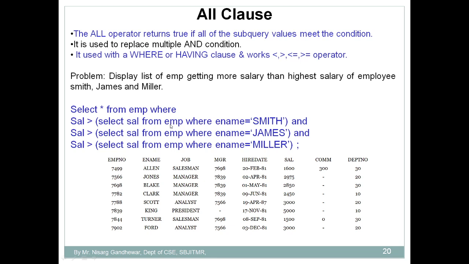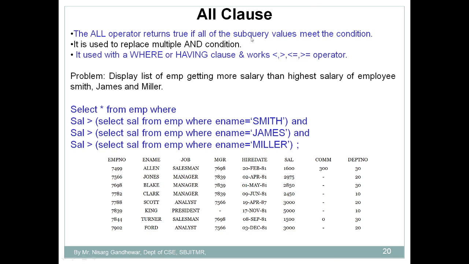This is the first inner query, which returns the salary of Smith. The second condition: salary > (SELECT salary FROM employee WHERE ename = 'James') and salary > (SELECT salary FROM employee WHERE ename = 'Miller'). So I have written three subqueries, one for Smith, one for James and a third for Miller. All three subqueries return the salaries of Smith, James and Miller, and I compare the salary of each employee in the table with them, so that I get the list of employees having a higher salary than Smith, James and Miller.